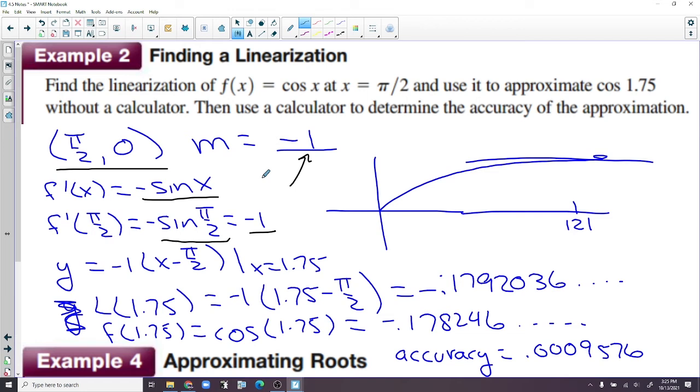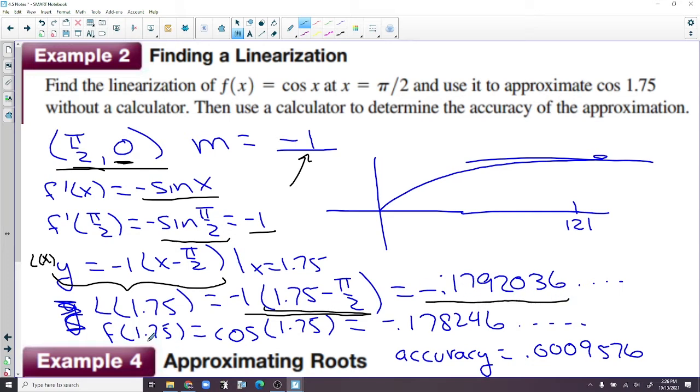So we have y minus 0 is equal to negative 1 times x minus pi over 2. So that's the equation of the tangent line. This right here is the L of x. There's your linearization of the curve. Now we're going to plug in 1.75. So the approximation is this right here. And it turns out that it's negative